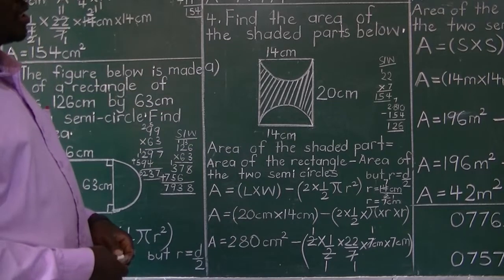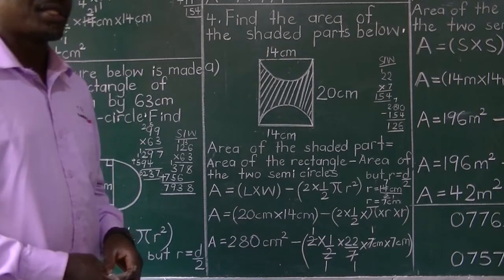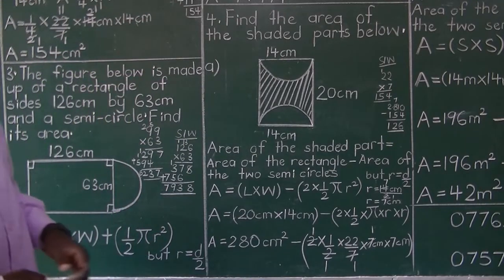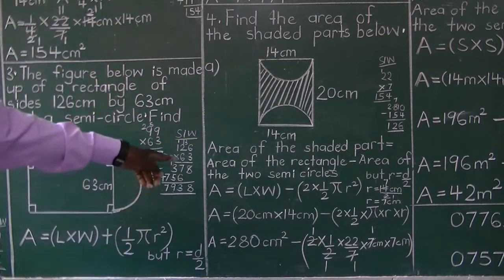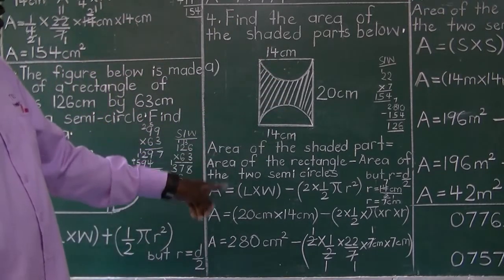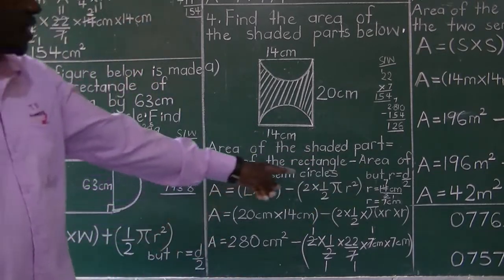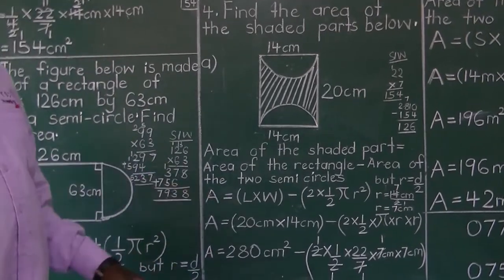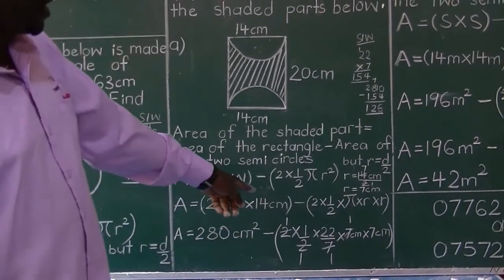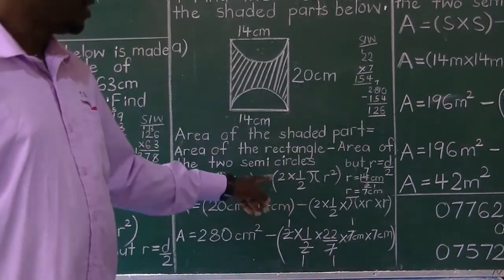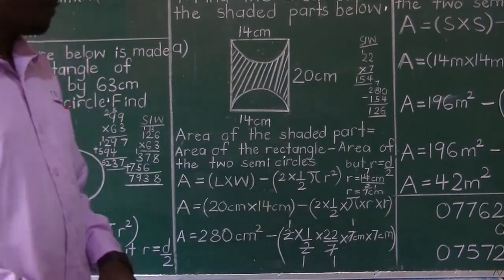Now that they have got equal coverage, that they have got the same diameters, then the area of the shaded part equals area of the rectangle minus area of the two semicircles. If you have got space, write them here. Area of the shaded part equals area of the rectangle minus area of the two semicircles. Now go: area equals area of the rectangle, length and width, minus area of the two semicircles. That's 2 times a half pi r squared. 2 of them. A half pi r squared is 1 semicircle, then there are 2. So 2 times a half pi r squared.